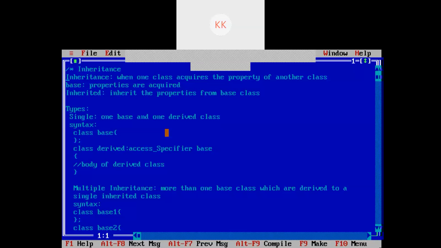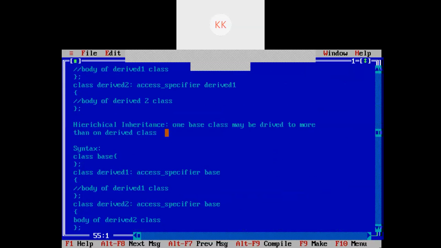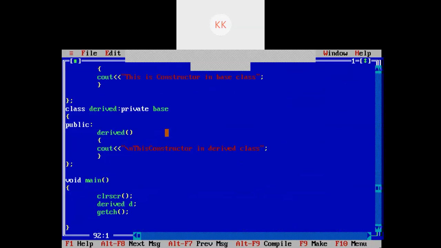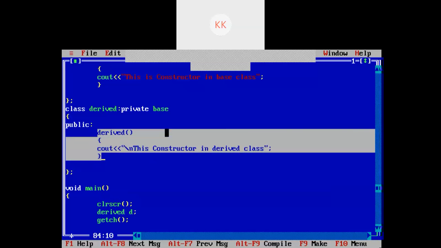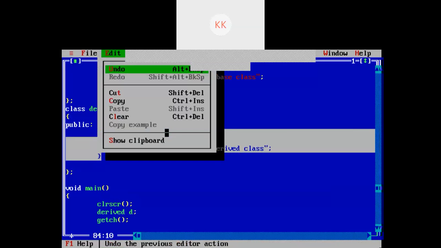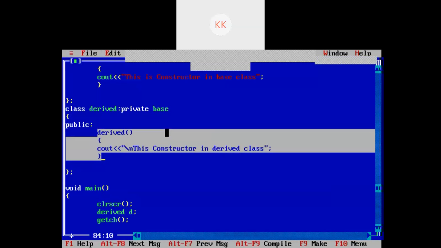So when we have a constructor both in the base class and derived class, and we create an object of the derived class, then first the constructor in the base class will be called, and then the constructor in the derived class will be called. We will try to write a destructor as well in both the classes, and we will see how it works.